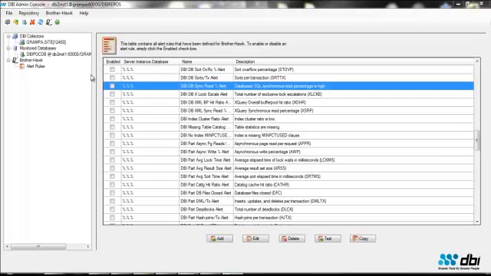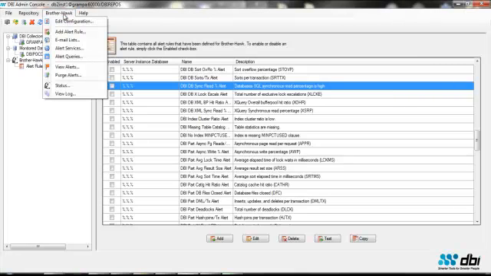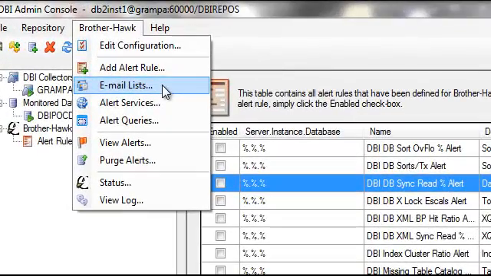So final part of the jigsaw is the configurations. So we click on Brother Hawk up here. You've got your various options within this list, within this drop down. You can add your alert rules, your email list, etc. So if we look at email list here,